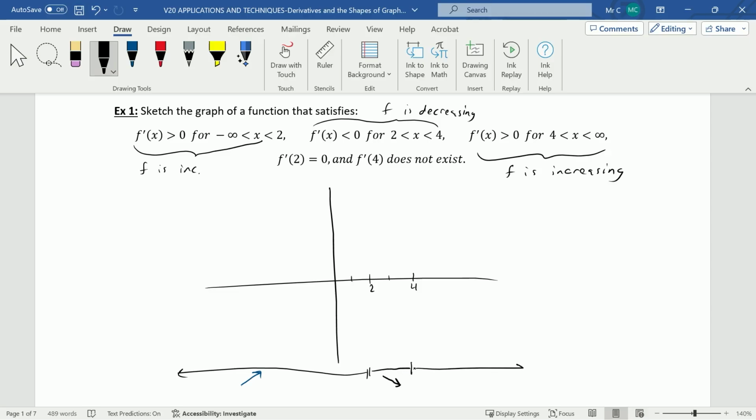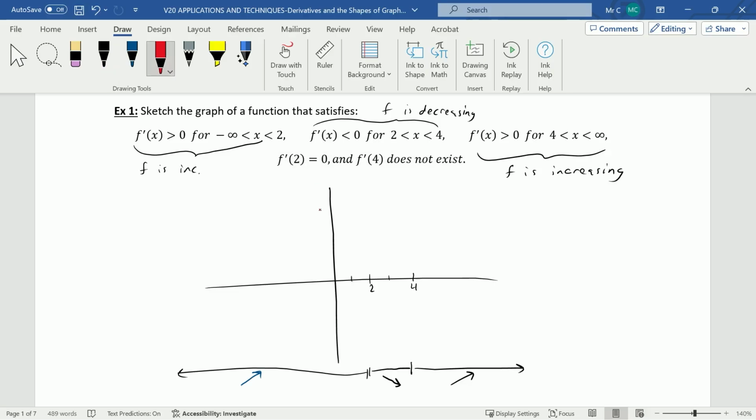And from 4 onward, it says f is increasing again, so a little up arrow. And that's going to help when I'm drawing my picture, make sure that I'm drawing my picture doing that behavior on the appropriate intervals. Now, it also says f prime of 2 is 0 and f prime of 4 does not exist. It doesn't tell me where to plot these points, so I can plot them wherever I want, but